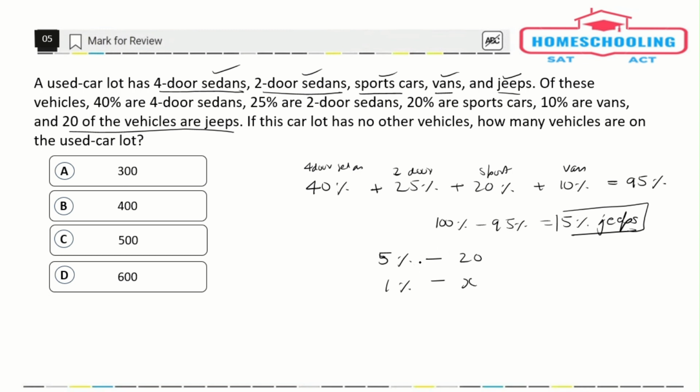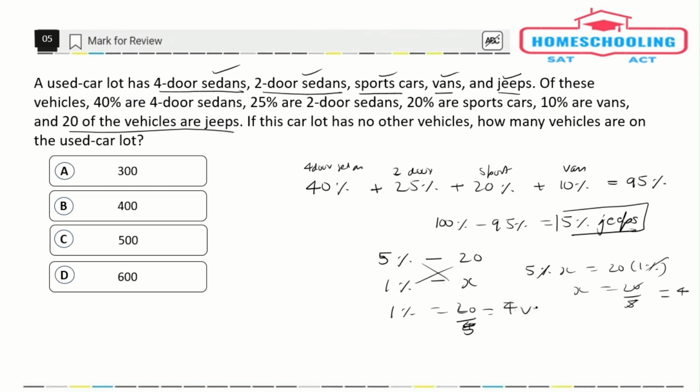So from this, 5% is equal to 20, then 1% would be how much? I'll show you one more method here, the crisscross method. So 5% of x is equal to 20 into 1%. So percent gets cancelled. X would be 20 by 5. See, 5% is 20, then 1% would be 20 divided by 5,